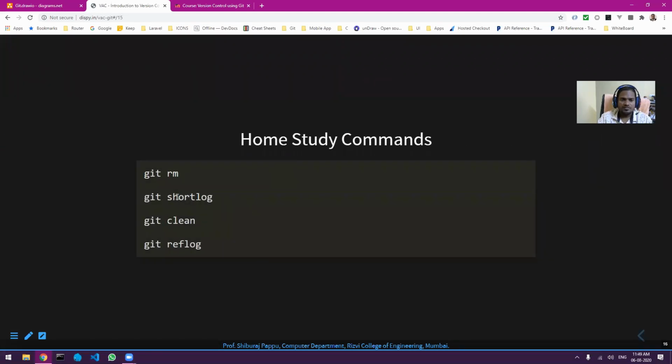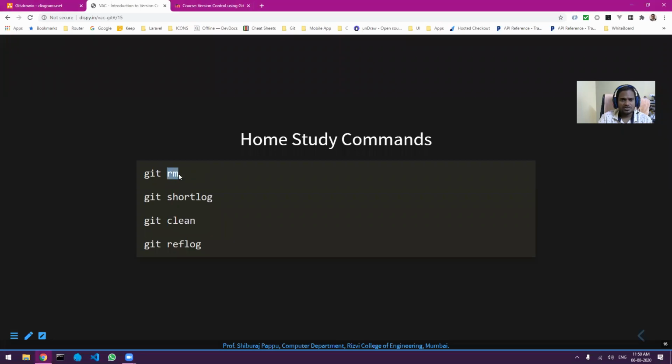These are some of the commands that you can take as self-study. Actually, there are more than 100 commands that I am not going to cover because those are not much used. So I have selected these few commands, which I will just give you short info on.